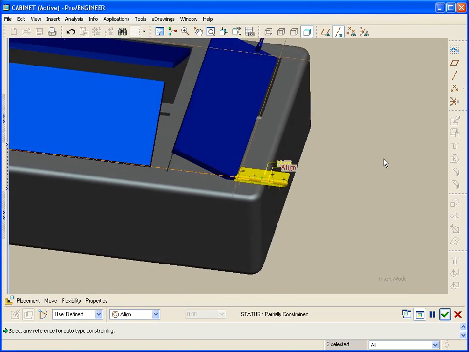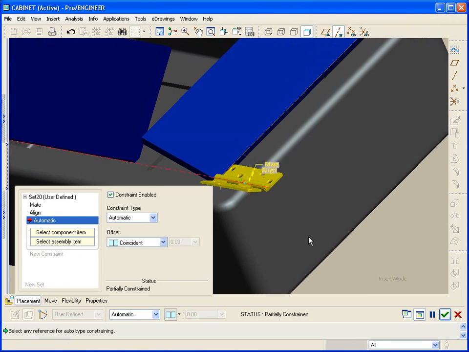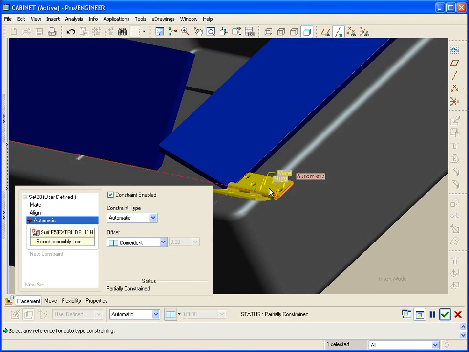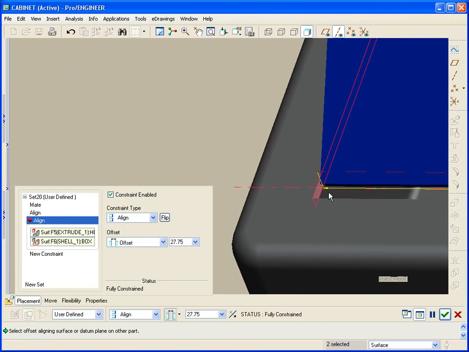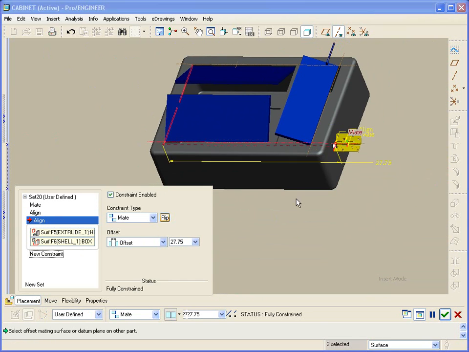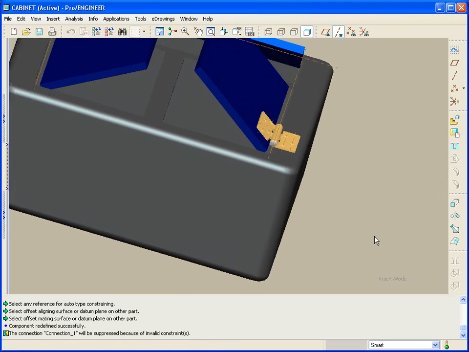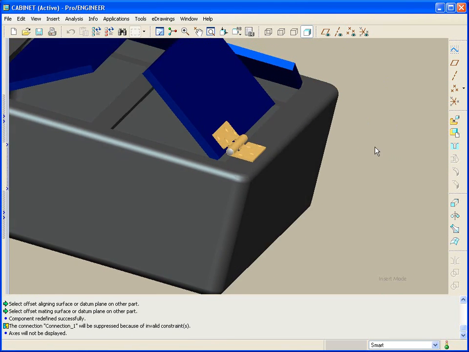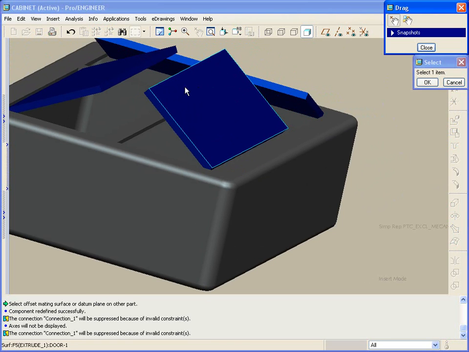And let's add one more thing. Add another constraint for an offset from this face to perhaps that face there. We'll flip that and we'll drag that down. Okay. So I've now added a new subassembly, but it's a flexible component such that when I move my door,